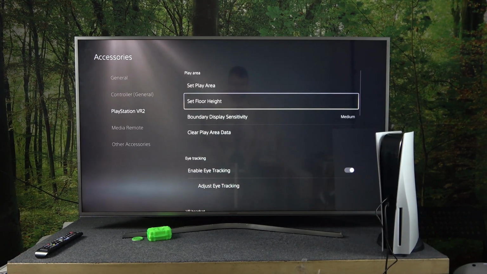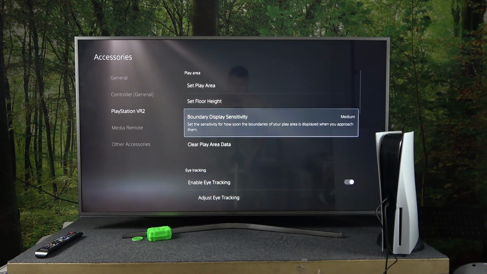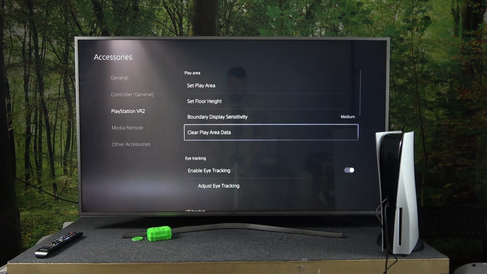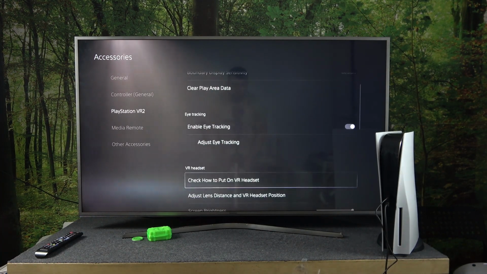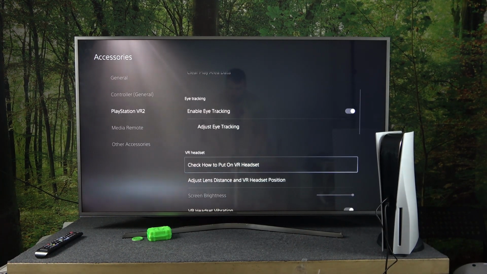you can set floor height, adjust boundary display sensitivity, clear play area data, and then you can go to tutorials, like how to put on VR headset, adjust lens distance and VR headset